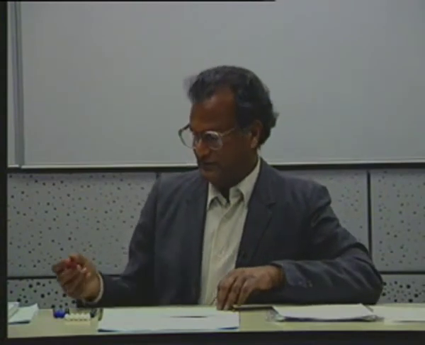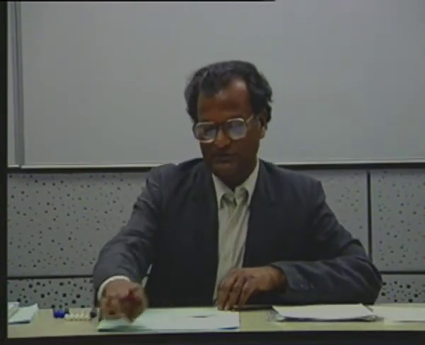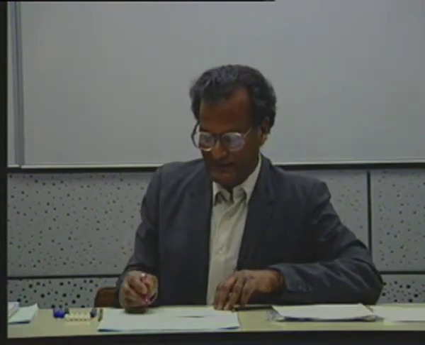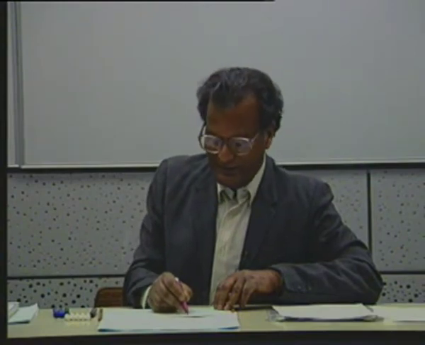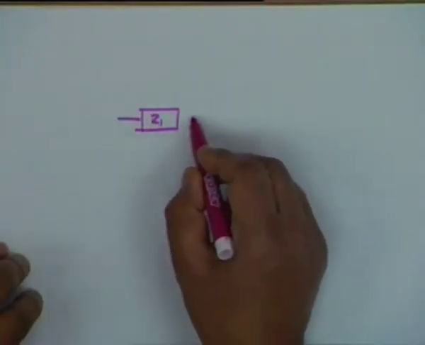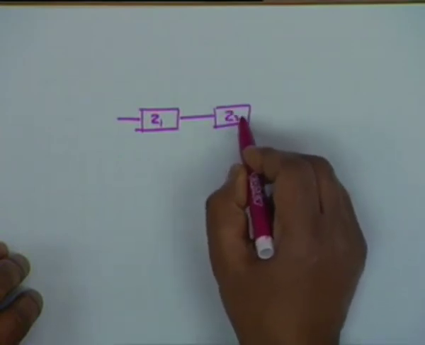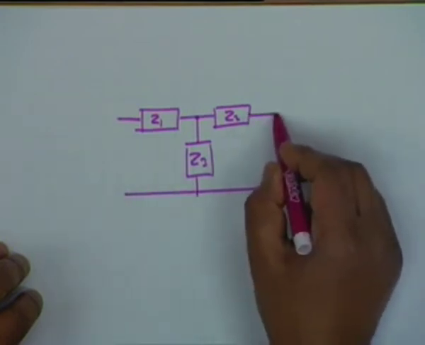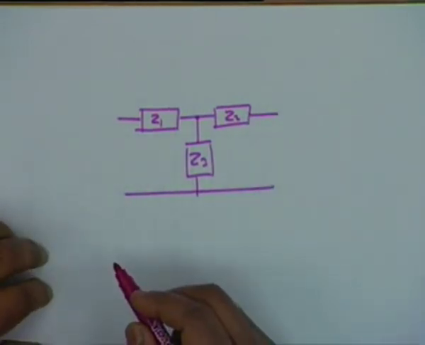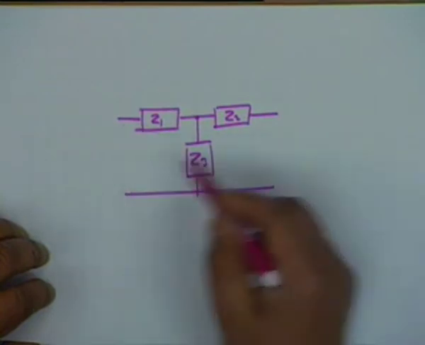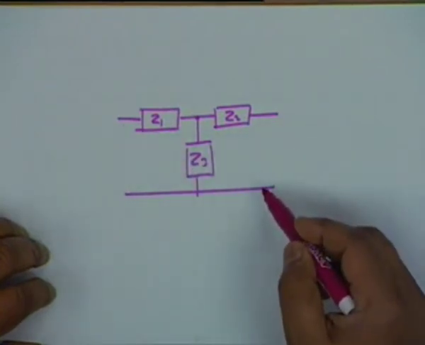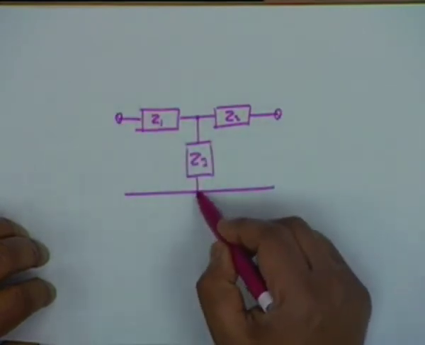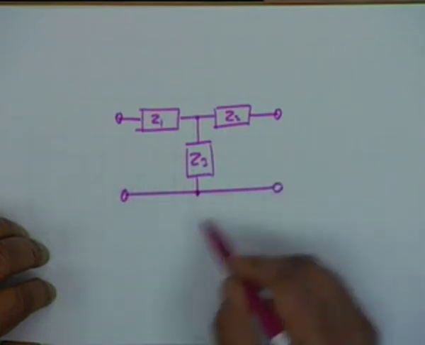Let us look at something else. Now we are going to the enunciation of another theorem which we have not been familiar with so far. Let us look at a typical problem. Let us say we have a network like this. What would you call this network? It's a 2-port. How many ports? 1 and 2. But it is also a 3-terminal network because there are only 3 terminals, 1, 2 and 3. This terminal is common between input and output.